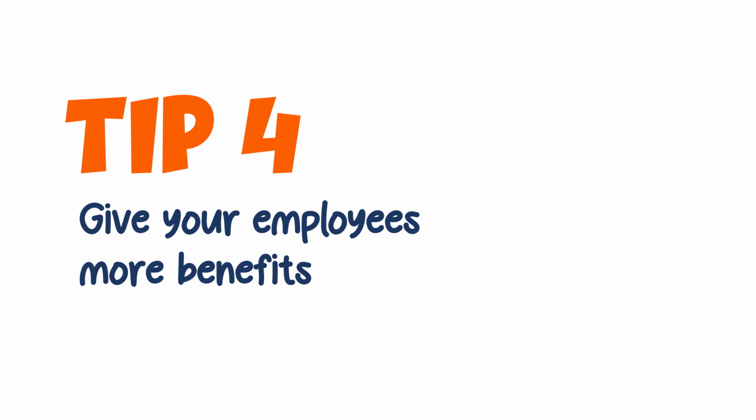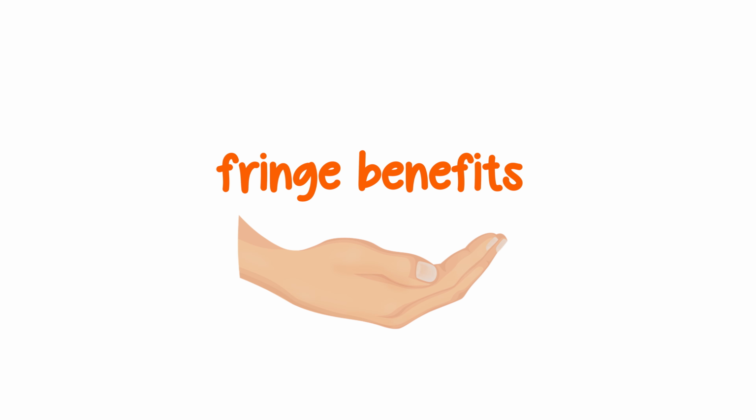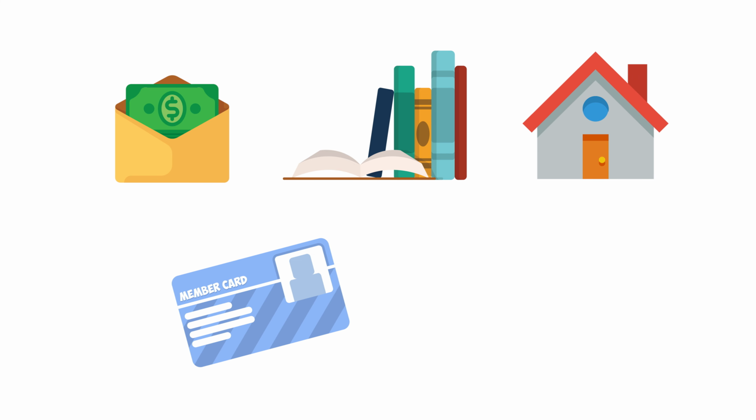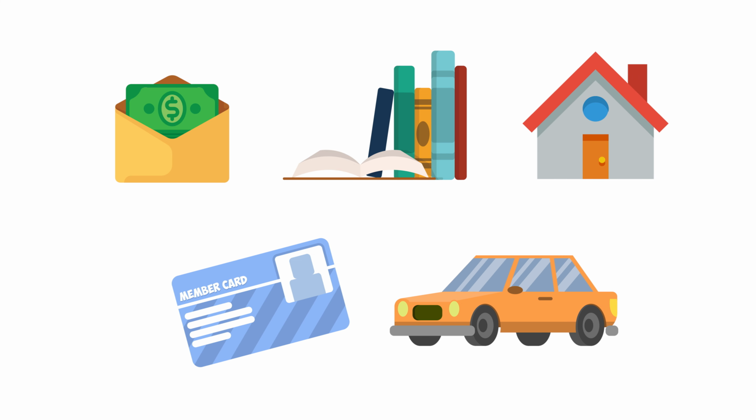Tip number 4. Give your employees more benefits. Offering fringe benefits to employees helps reduce your income tax. Fringe benefits are benefits added to your employees' compensation, including holiday bonuses, educational allowance, housing assistance, club memberships, subsidized cars, and more. The monetary value of these added perks can be treated as a business expense, which you can deduct